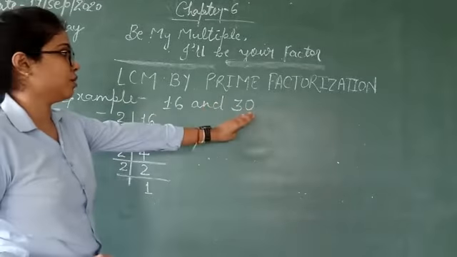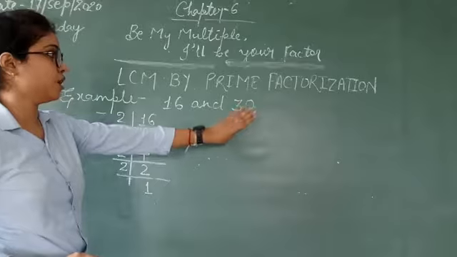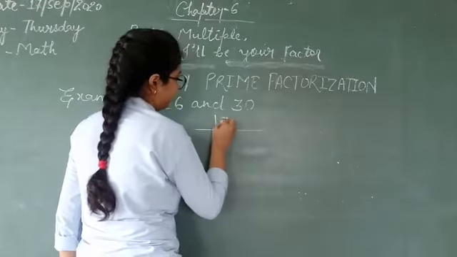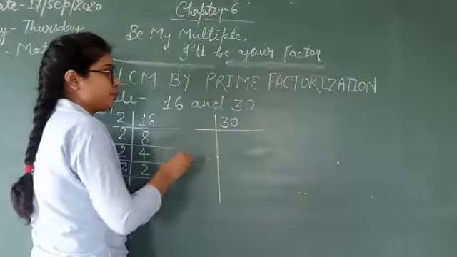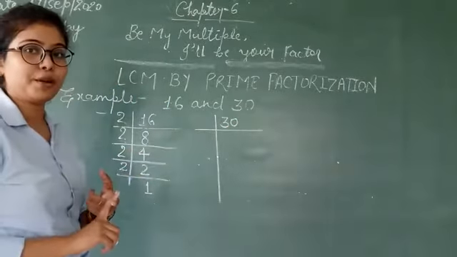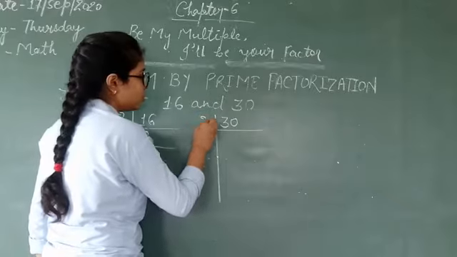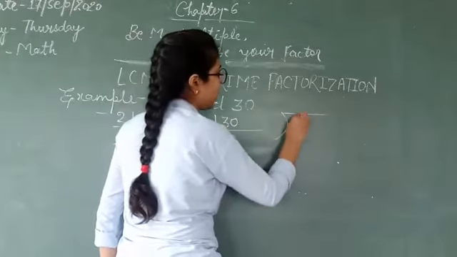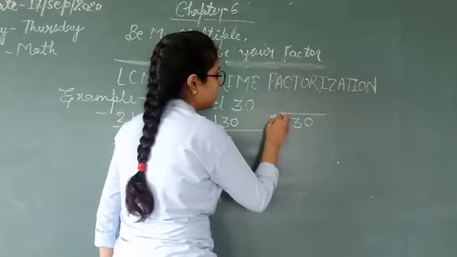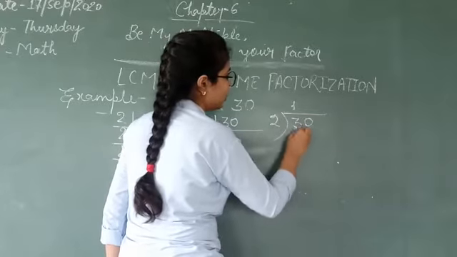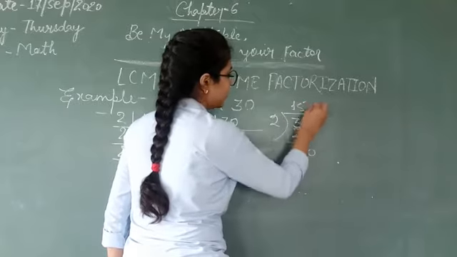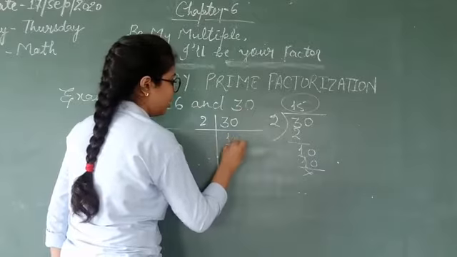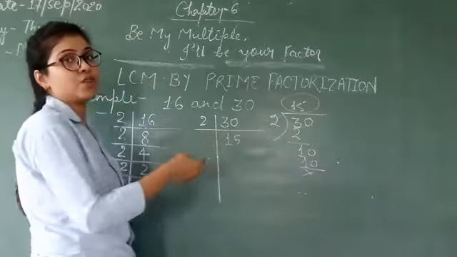Now we will come to the next number. We have to find the prime factorization of 30 also. Again we will start with the lowest prime number, which is 2. When you divide 30 by 2, what quotient will come? 2 ones are 2, 3 minus 2 is 1, and 2 fives are 10. So what quotient can you see here? 15. If you know how to divide it directly, you can divide it.